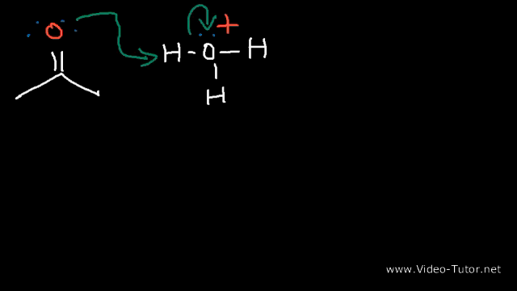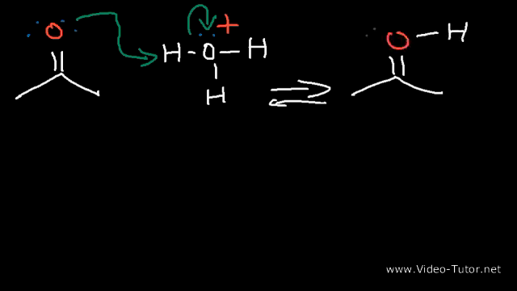Under basic conditions, the first step is deprotonation. By the way, this process is reversible. So now we have an activated ketone, which looks like this. And now the hydrogen is even more acidic due to the fact that the ketone has a positive charge,